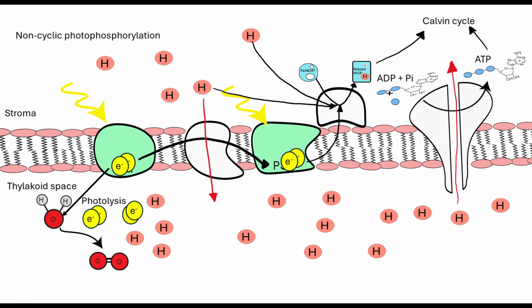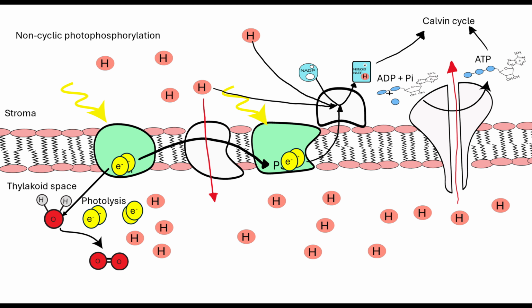this light independent reaction. So we know in non-cyclic photophosphorylation that photons of light are absorbed by the photosynthetic pigments in our photosystems. Our photosystems are then able to donate electrons from the reaction center, from the primary pigment chlorophyll A. Those electrons get passed through the electron transport chain, and that is going to pump hydrogen ions into our thylakoid space. The electrons that are donated from our photosystem 1 will move up to allow for the reduction of